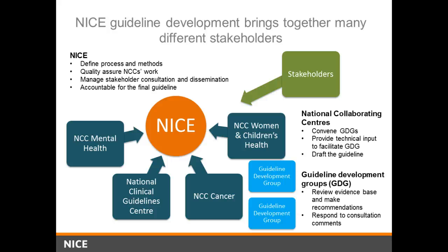So here is a representation of the various different groups. So starting with NICE in the center. NICE doesn't actually do the work to develop clinical guidelines. What we do is to establish the process and methods for guideline development, but we outsource most of the technical work, the convening work, to national collaborating centres around the United Kingdom. So we call them NCCs, and